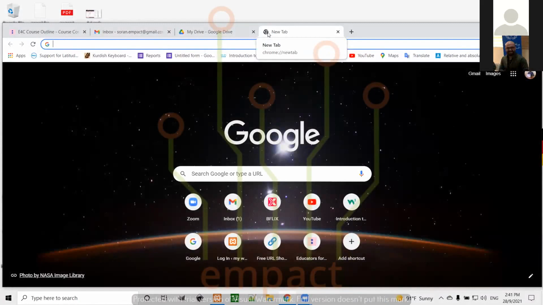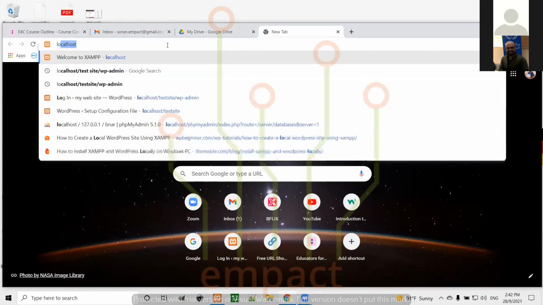You have to type it. Don't be lazy and just click the suggestion from the browser. In the morning, I saw some students practicing who were complaining, oh, my site is not opening or it gives me something else. If you type it fully, you won't have any problem. So how to type it? You just write local